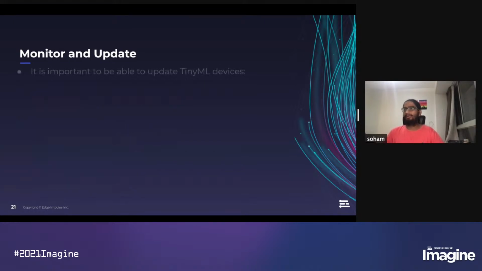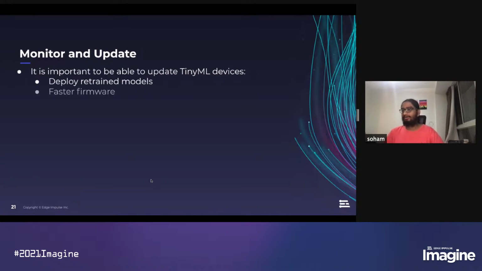What about updating your models? So yes, it is important to update your model because you may want to deploy retrained models, or you may want to update your firmware to something faster, or you may want to add functionality to your systems, right? So you can update your model